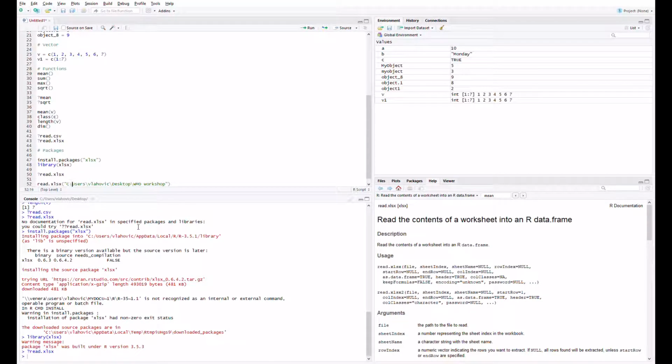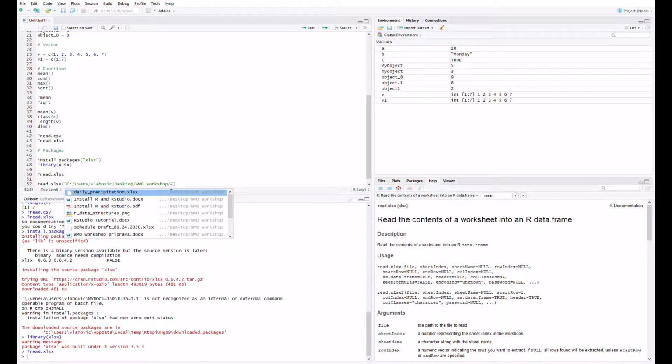And in this case I have to change the backslashes into forward slashes. It's just the way R reads it. But here I only have the actual folder, not the file itself. If I hit the tab button at the end, oh sorry, I have to add another forward slash. If I hit the tab button, it offers me everything that this folder contains. So here I can find my daily precipitation file,